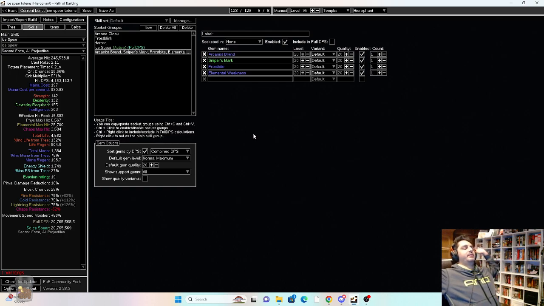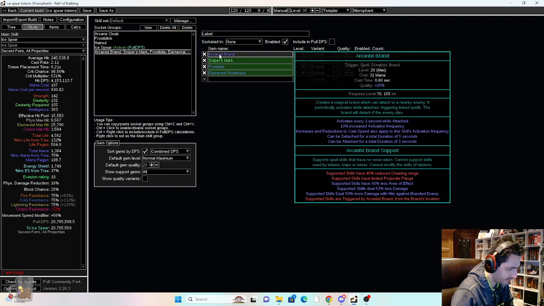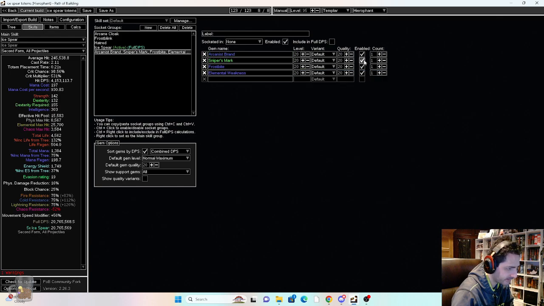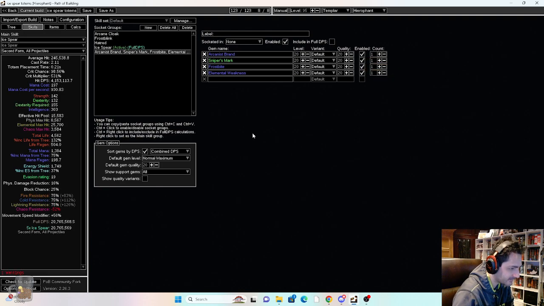We'll show that. So Arcanist Brand is the only thing you're going to be casting other than your totems and some movement skills and stuff like that. But yeah, Arcanist Brand is pretty much where a bunch of this damage comes from. Like again, turn it off, or we turn these off. Damage is still decent. It's actually not terrible, even with no curses. But that's just to show you the general potential of it. So those are the